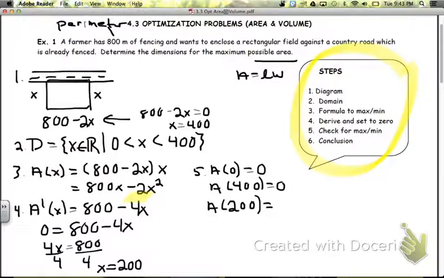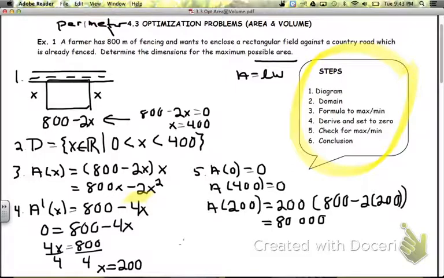So let's see what happens when we put in our max x value of 200. When we do that, we sub in 200 and we get 200 times 800 minus 2 times 200. And when we expand and simplify, we're going to get 80,000. So therefore, we know that 80,000 would be our maximum possible area. So therefore, 80,000 meters squared is the max possible area